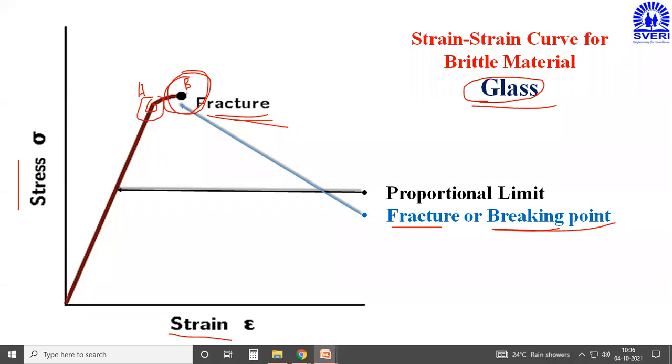So this is about the stress strain curve for the ductile material and the brittle material, and whatever the importance of each and every point I have explained, it is 100% important for the objective questions. What is the maximum stress point for ductile material? What does the upper yield point indicate? What does the lower point indicate? What does point D indicate? These are objective based questions that are 100% asked in the examinations. It is applicable for your competitive examinations as well as for the GATE examination. So this is about the stress strain curve for the ductile and the brittle material.